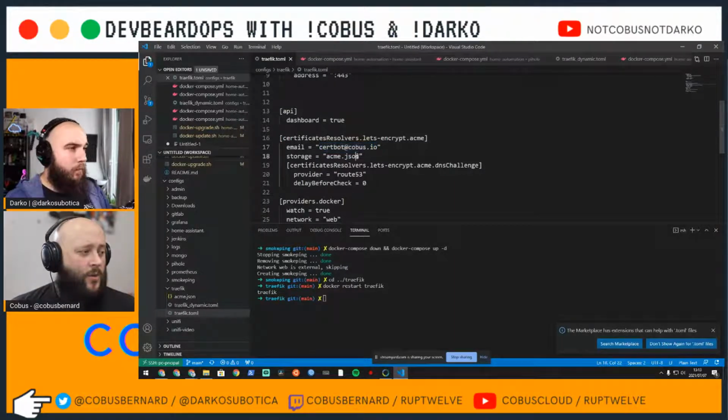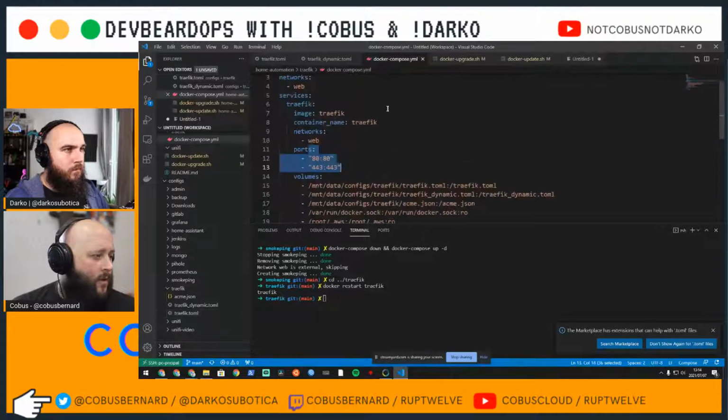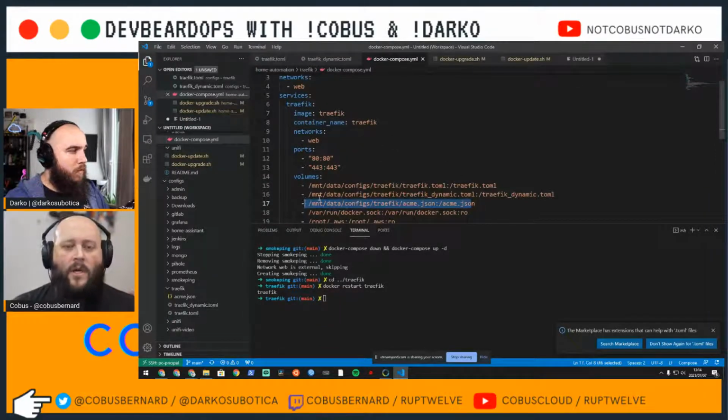Okay. It stores the actual certificates, so basically it gets private and public key pairs, and stores all of the config in this file. So this file is important. You don't want to lose this file. So what I actually did with my Traefik configuration, let's just get rid of that. There we go. With Traefik over here, as you'll see, it's actually mapped outside of this into a folder,